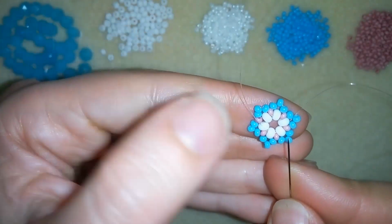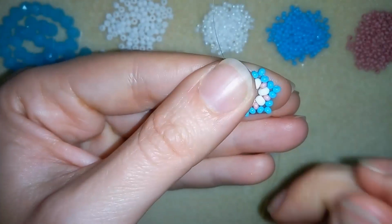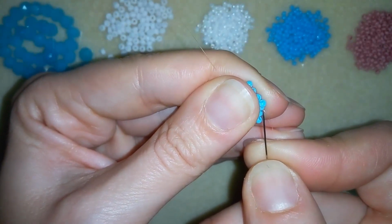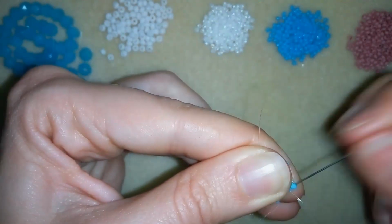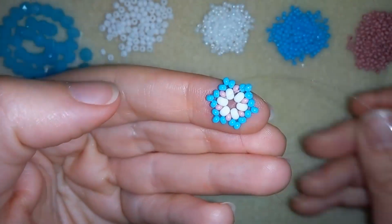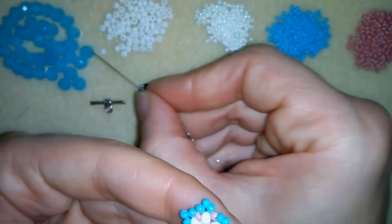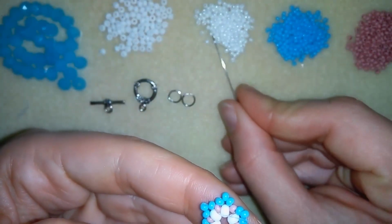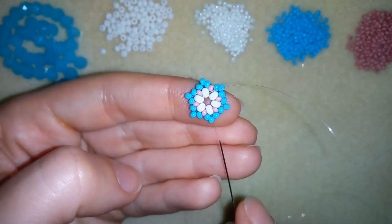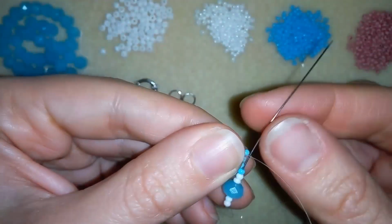Okay, now I finished this row, and as I'm exiting from this pink one here, I will go through these 2 blue ones here, and I'm exiting out of this point here. And now I need 2 white beads, 1 crystal, and then again 2 white beads, and this is what I have on my needle. And as I'm exiting from this blue one, I'm going through the next one